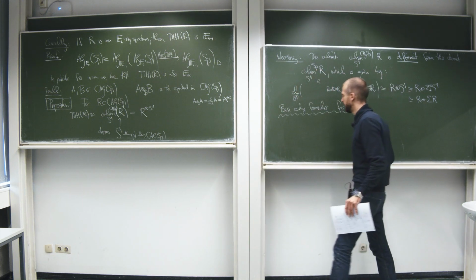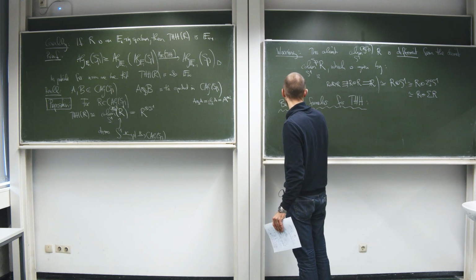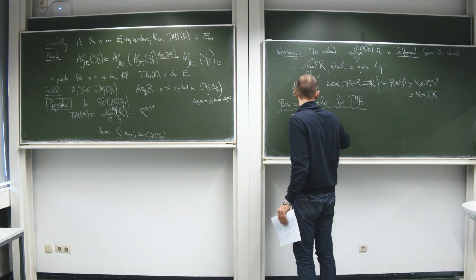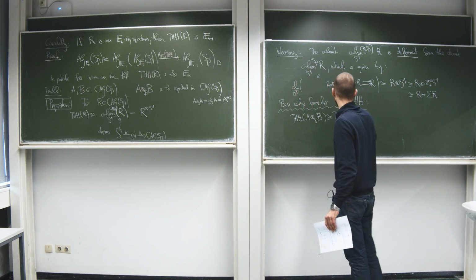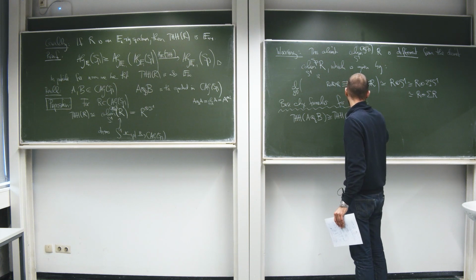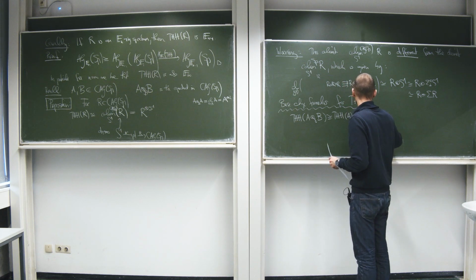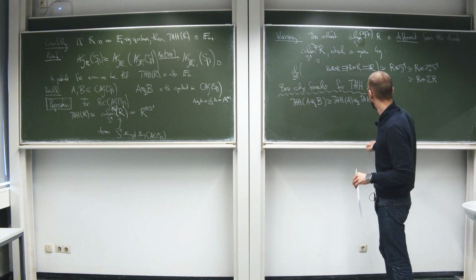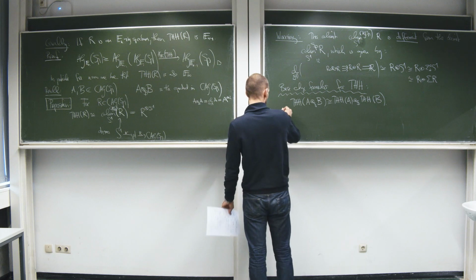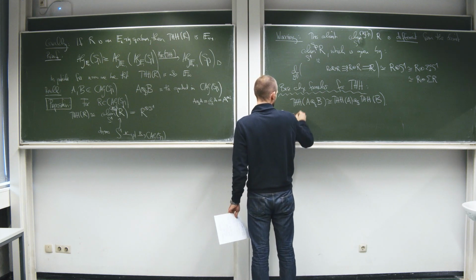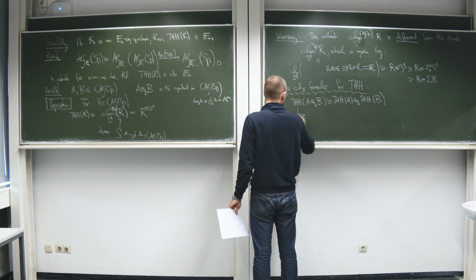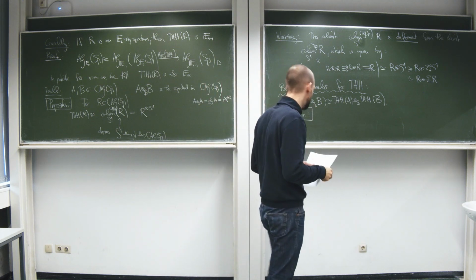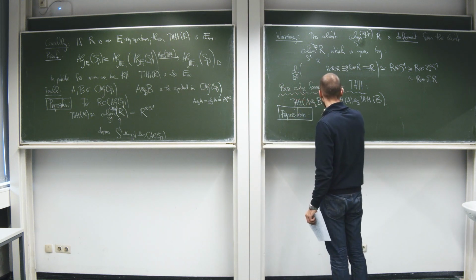We've already seen that THH of a tensor product is THH A tensored over S with THH B. And what I will want to prove now are formulas where you also take a tensor product of THH. And we will deduce those from more general formulas. And so the first statement is for any